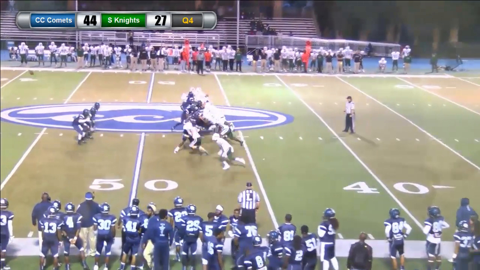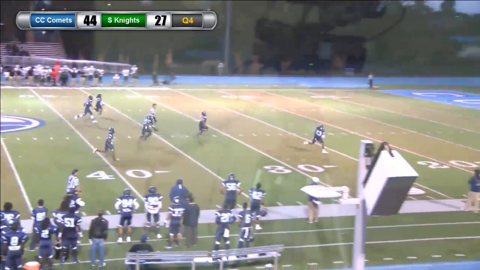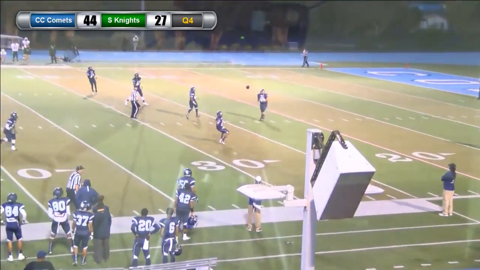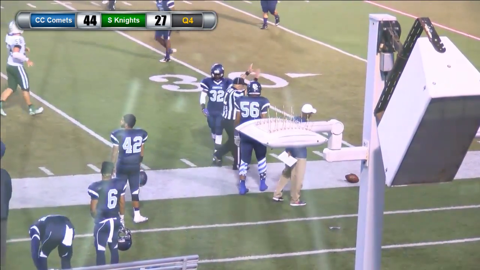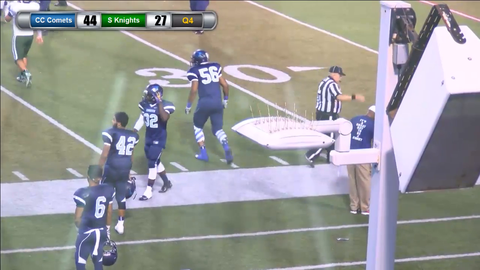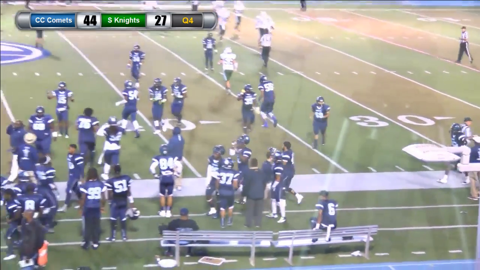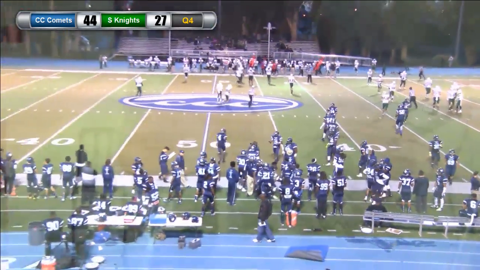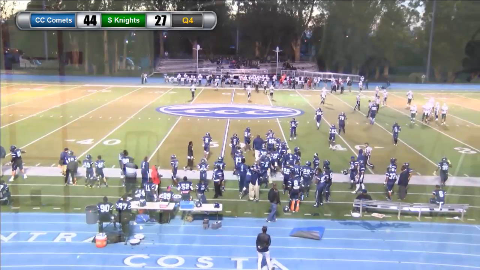There's the punt. And the ball will be downed at the 31-yard line for Shasta College. So Shasta College will get the ball at their own 31 with 55 seconds remaining in the game,